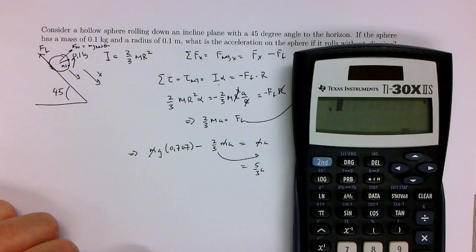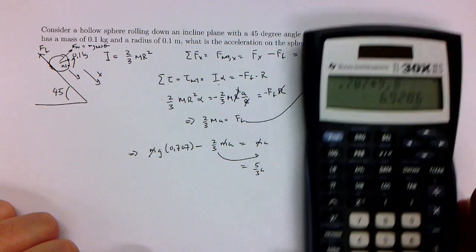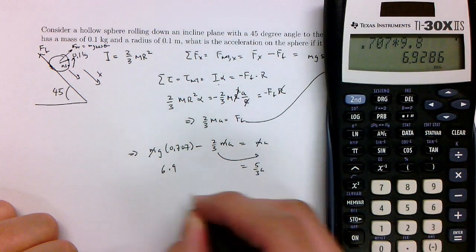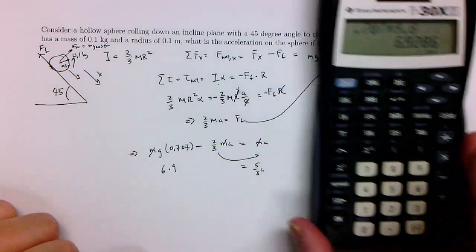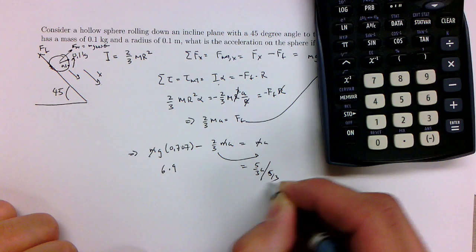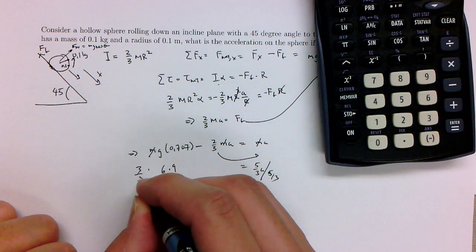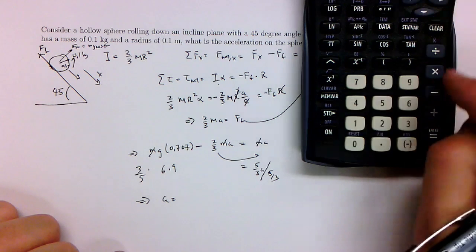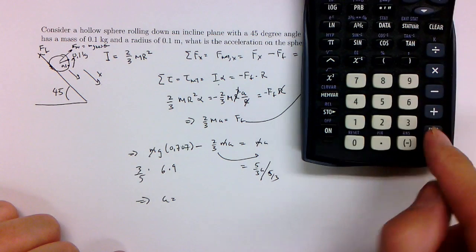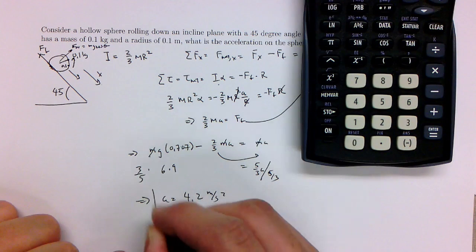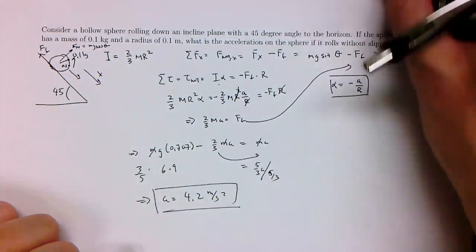So 0.707 times 9.8 is equal to 6.9. 6.9 is equal to 5/3 a, which means divide by 5/3, which is the same as multiplying by 3/5. And then I get a is equal to 3/5 times that, and 3/5 times 6.9 is about 4.2 meters per second squared. All right. I hope that